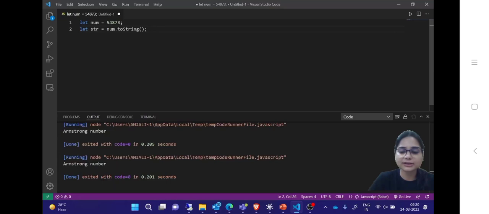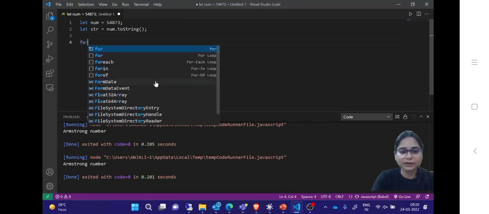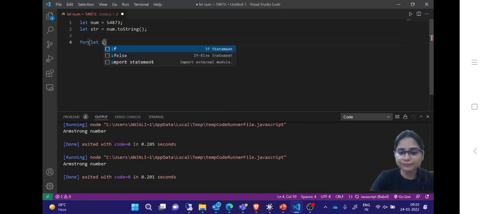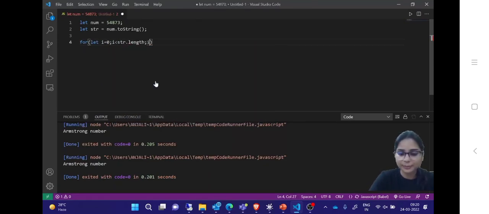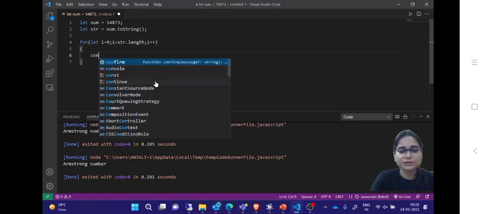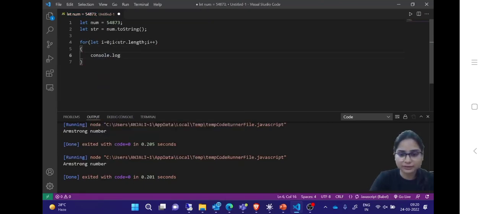And if I want to print a string, what I can do is run a loop that is going to start from 0 till string length, correct? And then I'm just going to print a console statement here. In this one, I'm just going to write: at index i, character, or you can say digit,